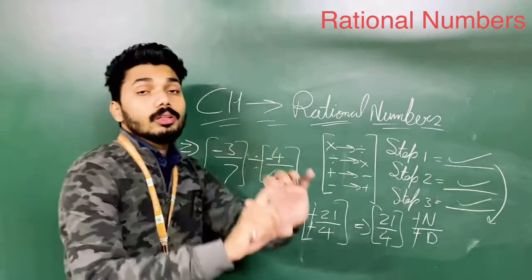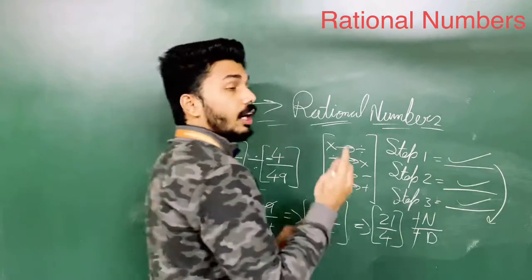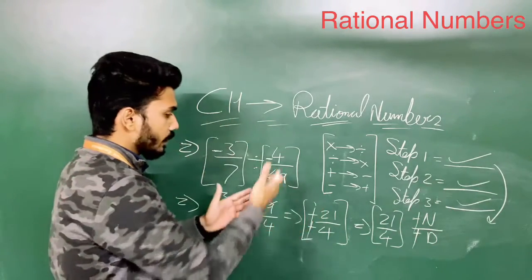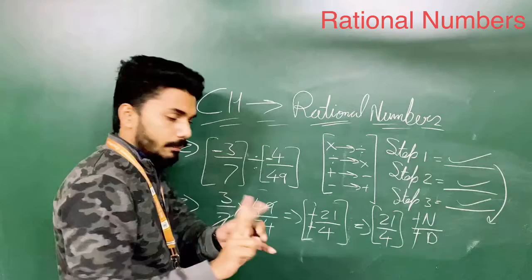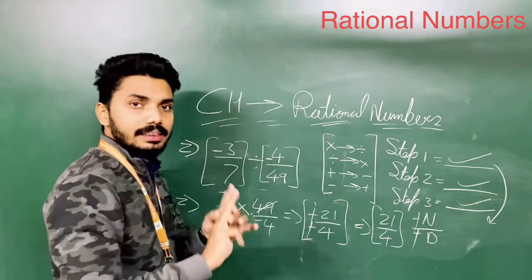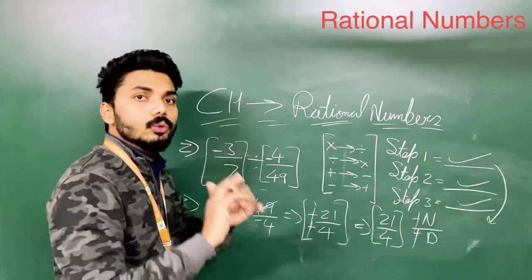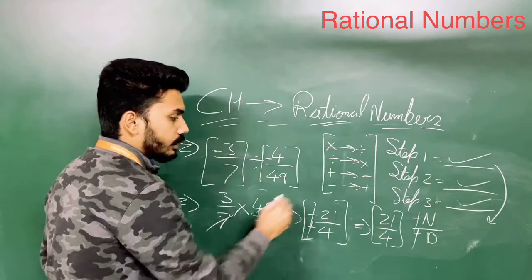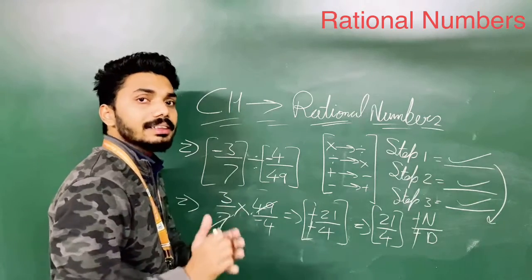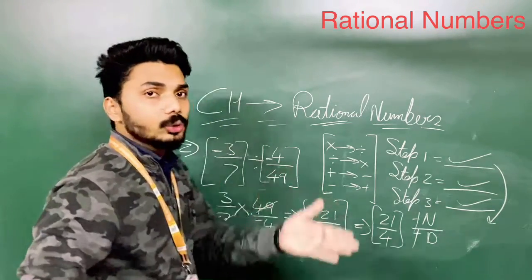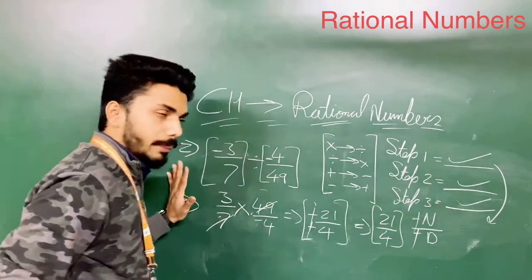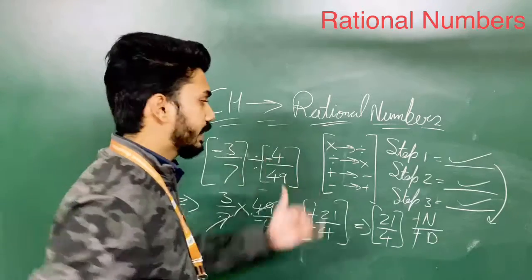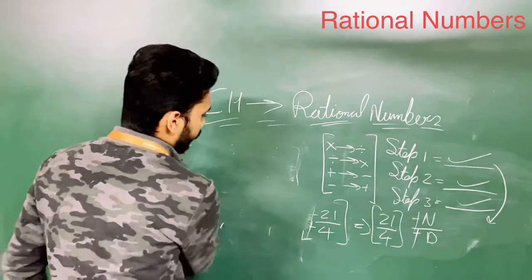You just need to focus only and only on how many steps? 3 steps. Step 1, first of all, change the sign and reverse the number. In the second step, multiply the terms, and in the third step, reduce the value. If you are very good in calculation, you can skip your second step, directly cut the values and multiply, and you will get your answer. So it's totally up to you, students, how you actually want to do this sum, but it will be better if you go step by step, so there is a chance you will get marks for your steps. So this is how we can complete this kind of sum, students.